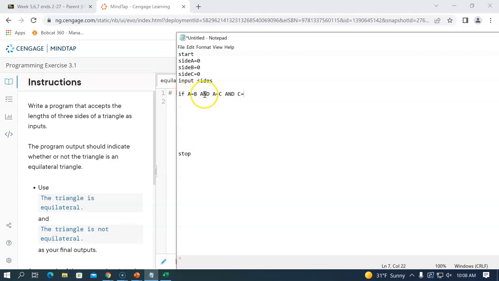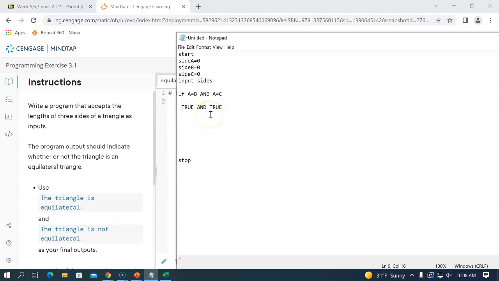But if we're doing an and, both sides of this have to be true. So let me put it as a truth piece here, and maybe that'll help. So in this case, I'm going to get hopefully a true for the first part. And then I have an and, A equals C, and if that's also true,